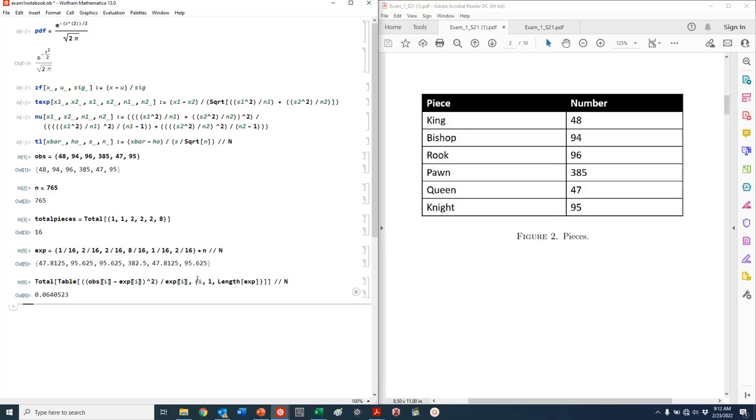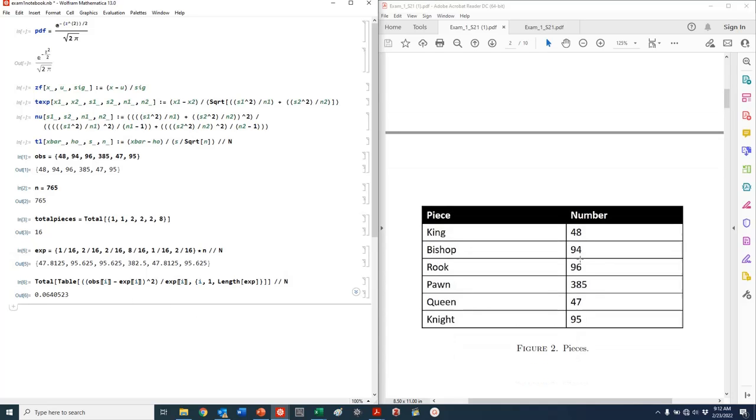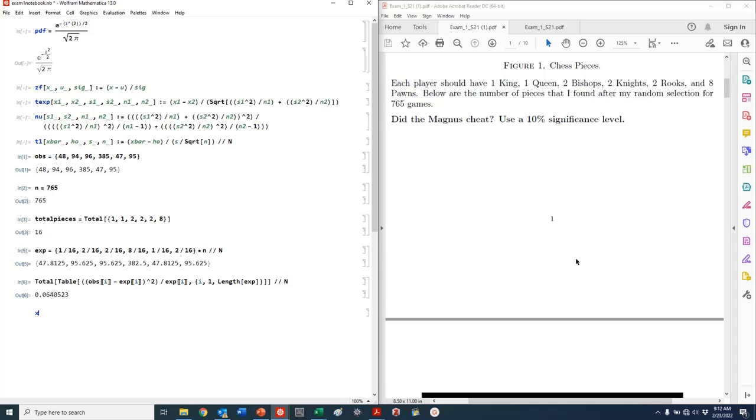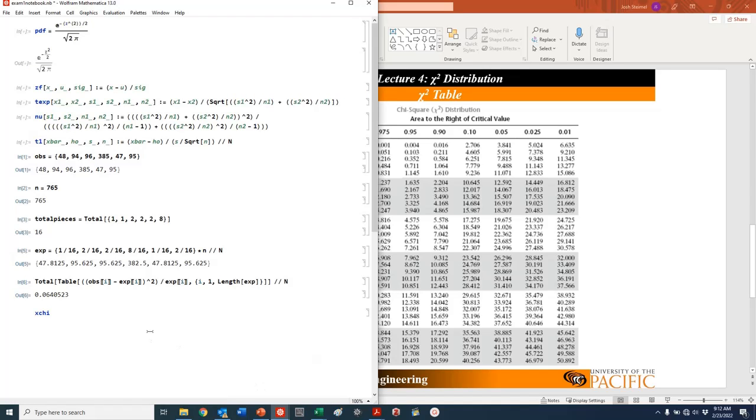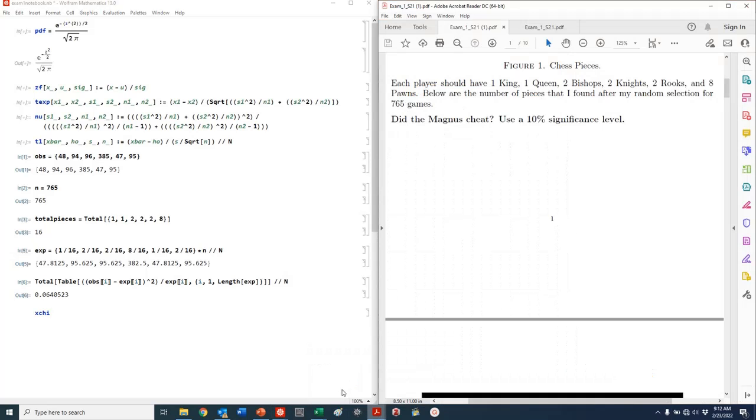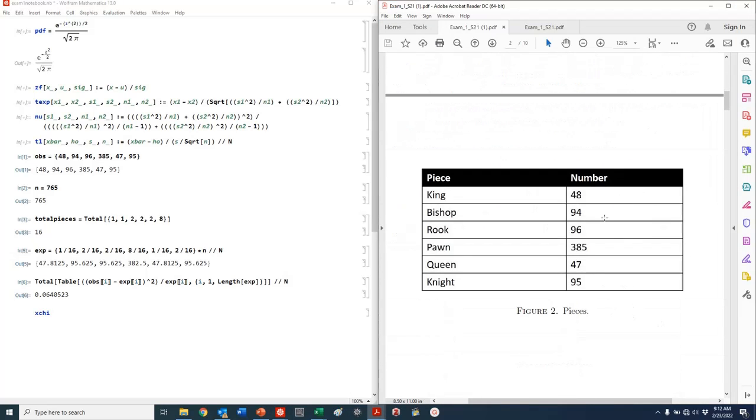I can now solve for my chi-squared value, which is this. I want it at a 10% significance level, so I'm going to look at a chi-squared of 0.1 and set up my table here. I'm going to look at my degrees of freedom. How many outcomes do I have in this problem? I could have 1, 2, 3, 4, 5, 6. So for a 0.1 significance level, degrees of freedom of 5 will be equal to